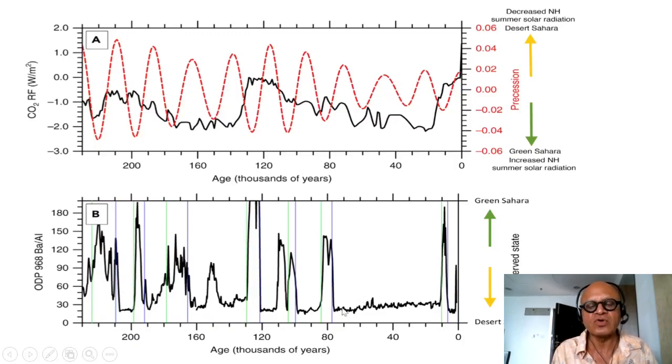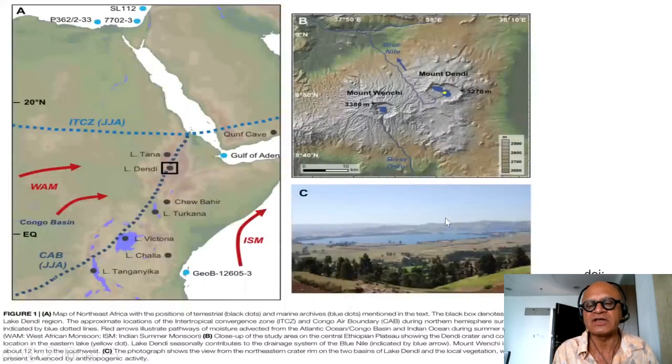And if we come close to our MIS stages that we have been looking at, you can see that there is a long hiatus where the greening didn't happen. The glacial period here basically made Sahara dry for an extended period of many thousand years, and then as we came out of the last glacial, we had one burst of greening of Sahara, which then disappeared again.